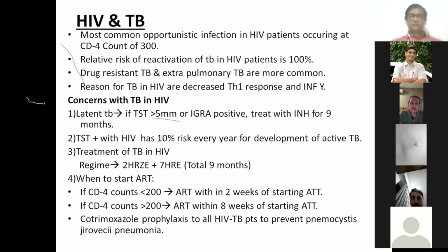Suppose a patient is on SHRZ or HREZ, which drug will you ask about in the history to know whether the patient is taking the medicine or not? Suppose the patient says I'm taking medicine every day, and 2 weeks down the line there is absolutely no change. Can you, with just one question, find out whether the patient is taking the drugs or not? High colored urine. Which drug colors the urine? Rifampicin. Very good. So you can ask very easily what the color of his urine is every day and whether it is the same color every day.